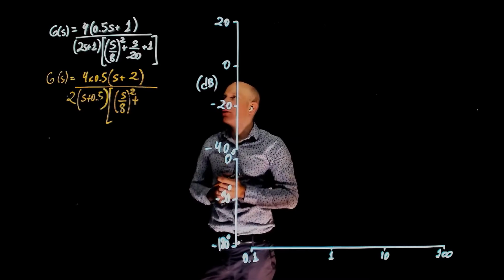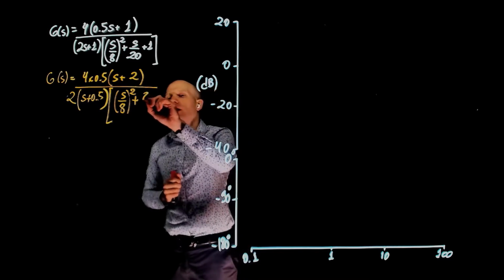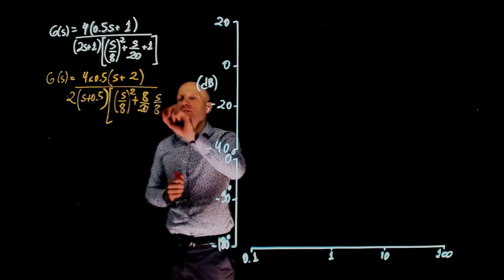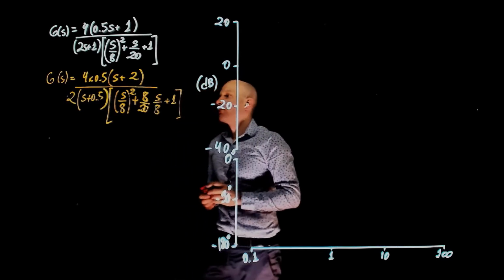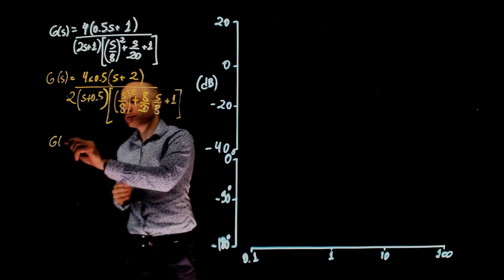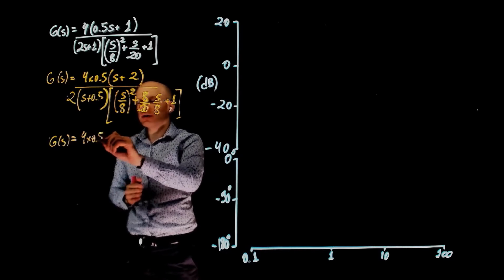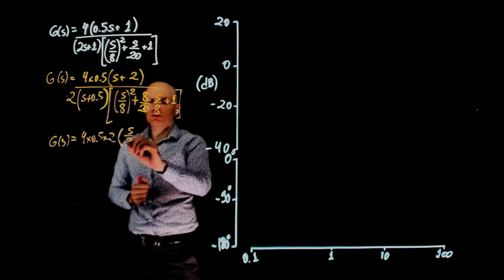That's the standard form. How do you make 8 appear in the denominator? Well, multiply it by 8 and also divide it by 8 plus 1. Now we can factor out 2 here. So we have 4 times 0.5 times 2 times s over 2 plus 1